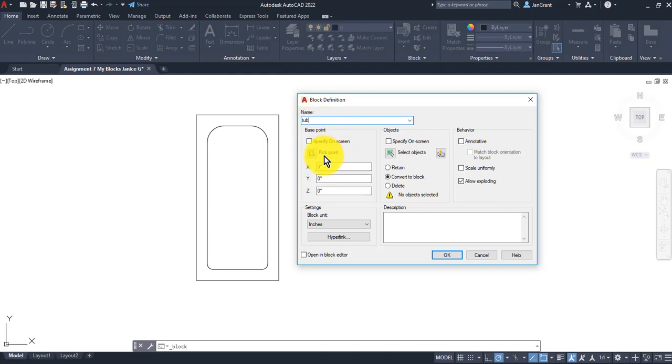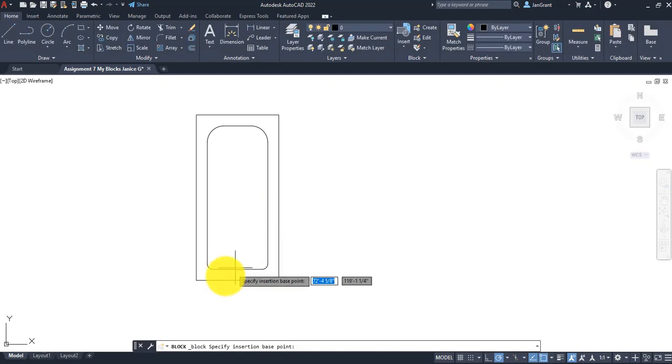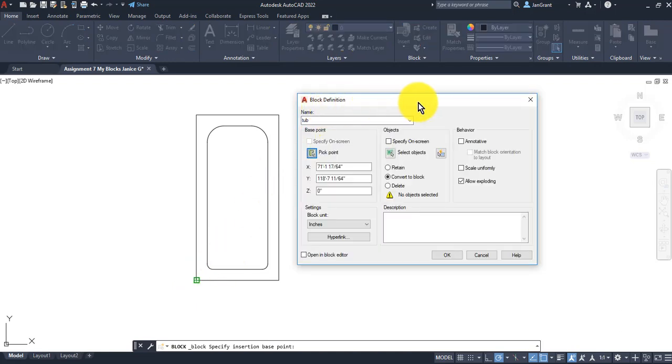Easy, right? Tub. And then we want to decide on our base point, which is kind of like an insertion point. In fact, if you rest your pointer on this icon right here, it says pick insertion base point. So click on the icon right to the left of pick points right there. It should bring you into the drawing. It doesn't really matter, but sometimes when we insert this, we want it to be at a corner. So I'm just going to click here at the bottom left corner for my base point. It should bring you back to the